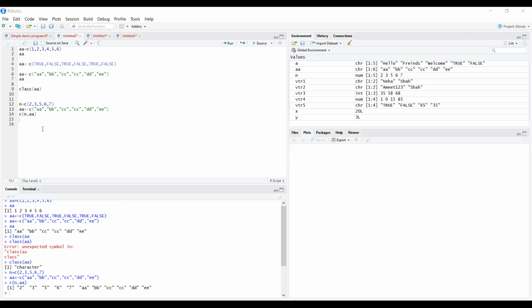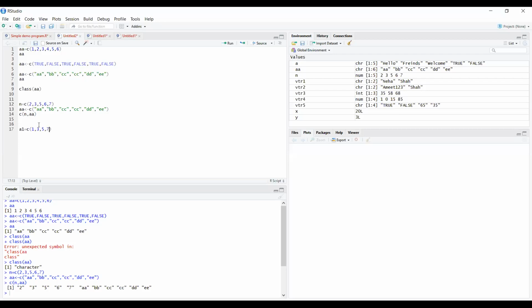Okay, fine. Then this is about the combination. Now we are going to see how we do arithmetic in vectors. Suppose a1 equals c(1, 3, 5, 7).